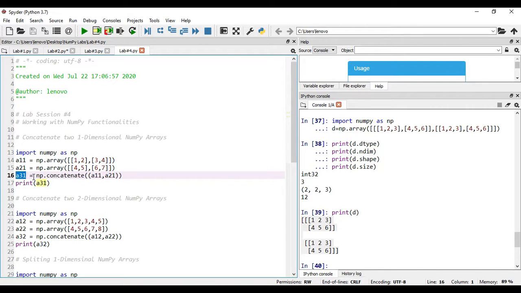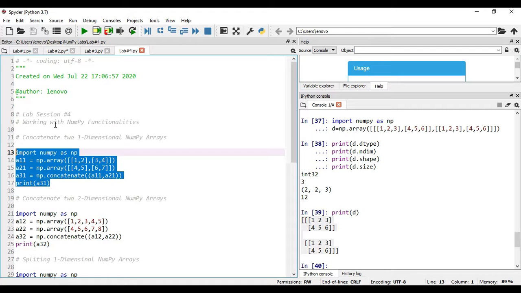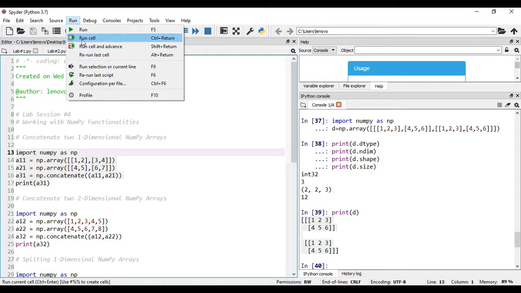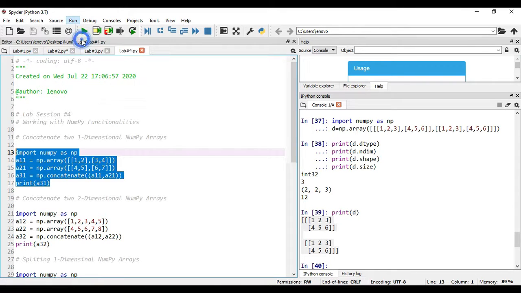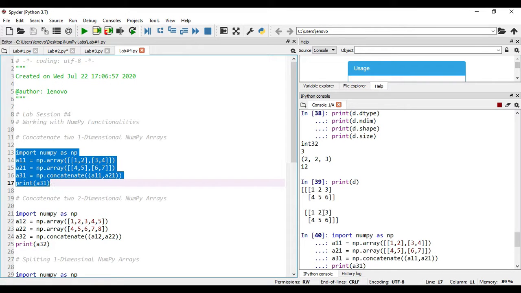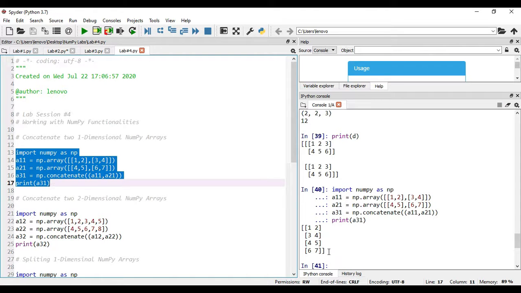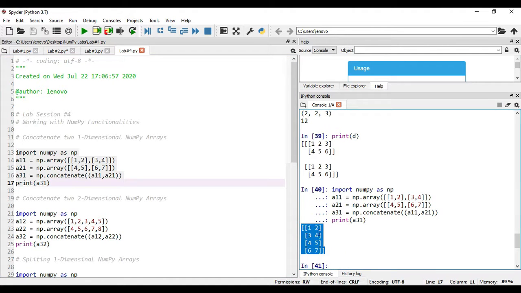The same results I am trying to print using a print statement. Let us try to see how they are going to be executed. Select the statements you want to execute and click on run cell option. Right? We could get it as a single array.